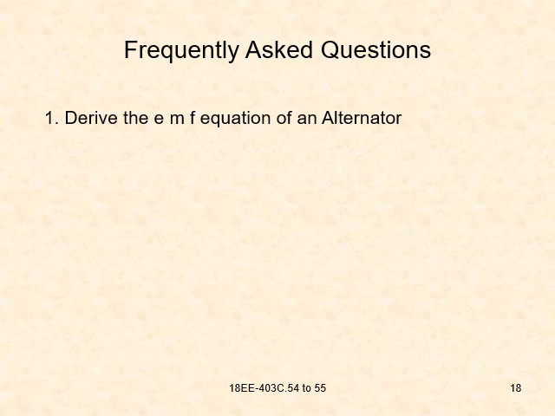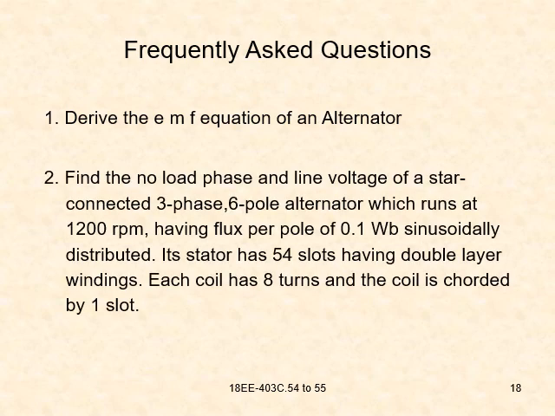Okay, that's it for this, I think. So there are some frequently asked questions in this, like derive the EMF equation of an alternator. And there is a problem over here: find the no load phase and line voltage of a star connected 3-phase 6-pole alternator which runs at 1200 rpm, having flux per pole of 0.1 Weber sinusoidally distributed, and its stator has 54 slots